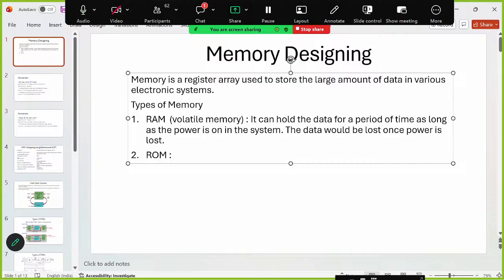Okay, so it is a semiconductor memory, very expensive. Volatile memory can hold data for a small period of time until the power is there. Otherwise, as power is off, the data is lost. Okay,